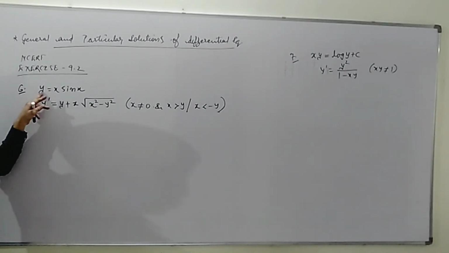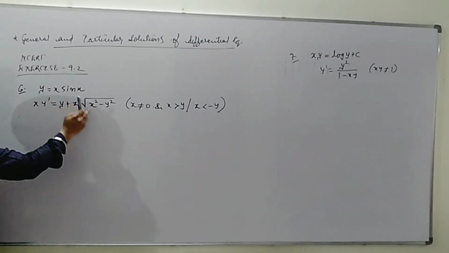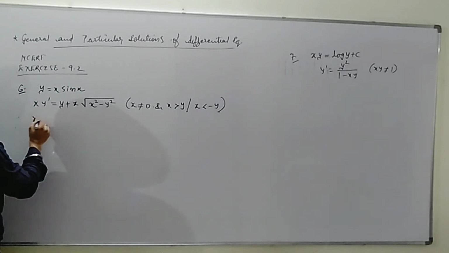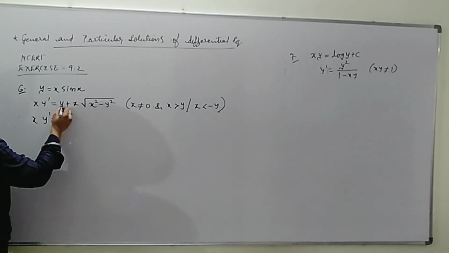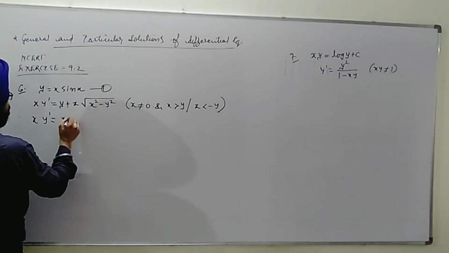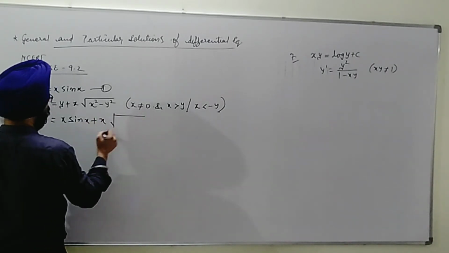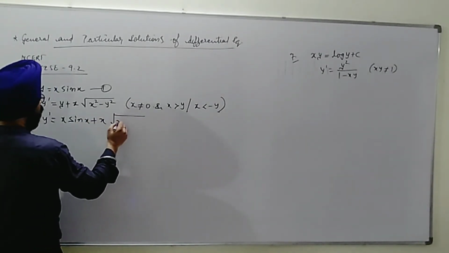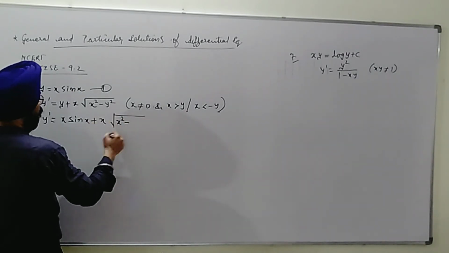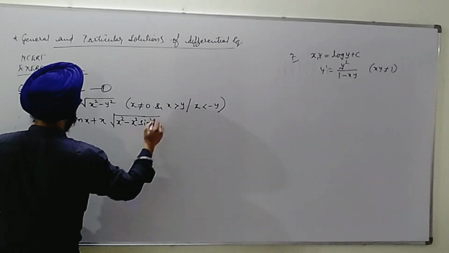So if I directly differentiate, as I need y dash, we will get something else. Now, let me tell you how we can make it easier. We need to prove this much. So first of all, we can write x y dash equal to, replacing y by the value given from 1, we can write this as x sin x plus x under root x square minus, putting the value of y as x square sin square x.